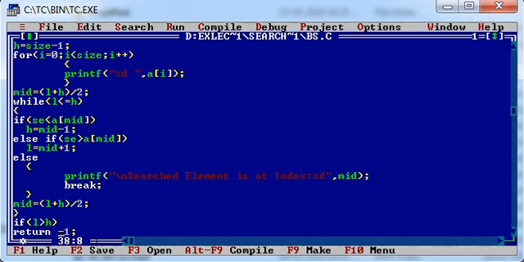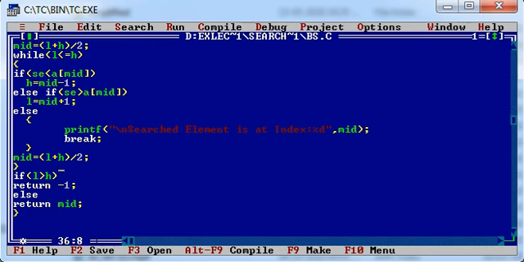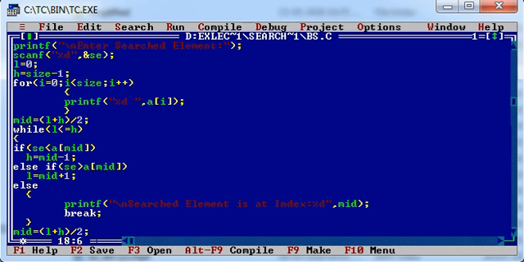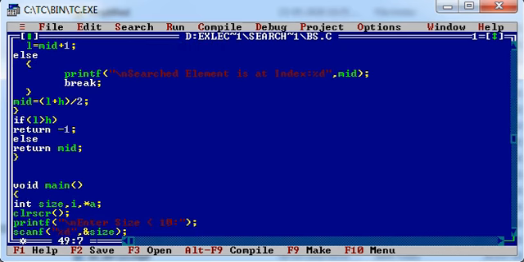So I have provided one if condition at the end of this while loop. If l is greater than h, it means the opposite of our condition mentioned in the while loop, then we can say the element is not available in the array. In that case, it will return -1, or else it will return the mid position. That is the case when we find the element in the array. Fine, so let's check it out.